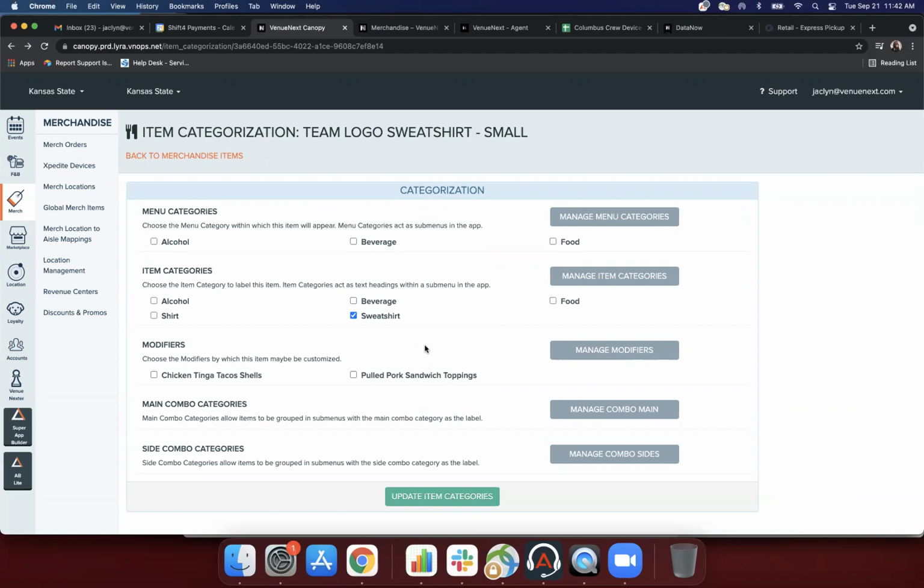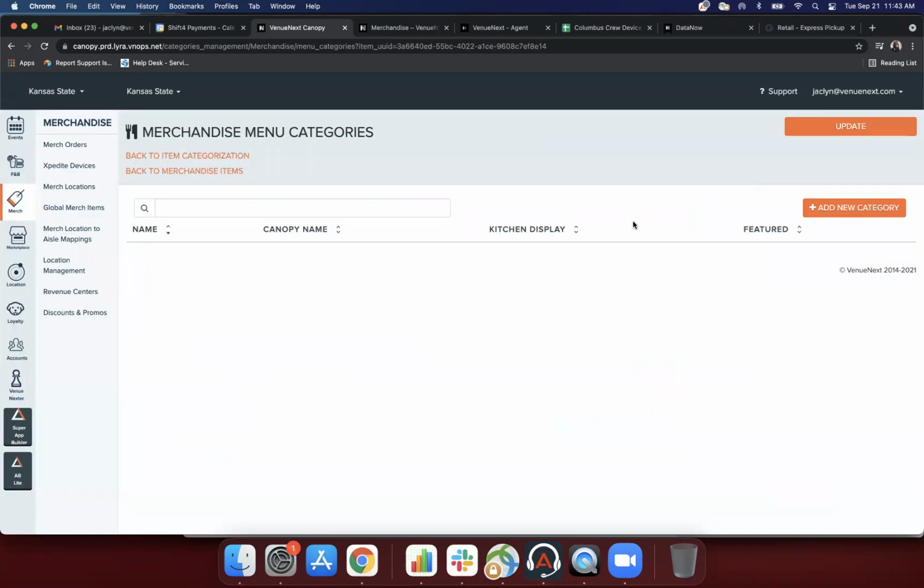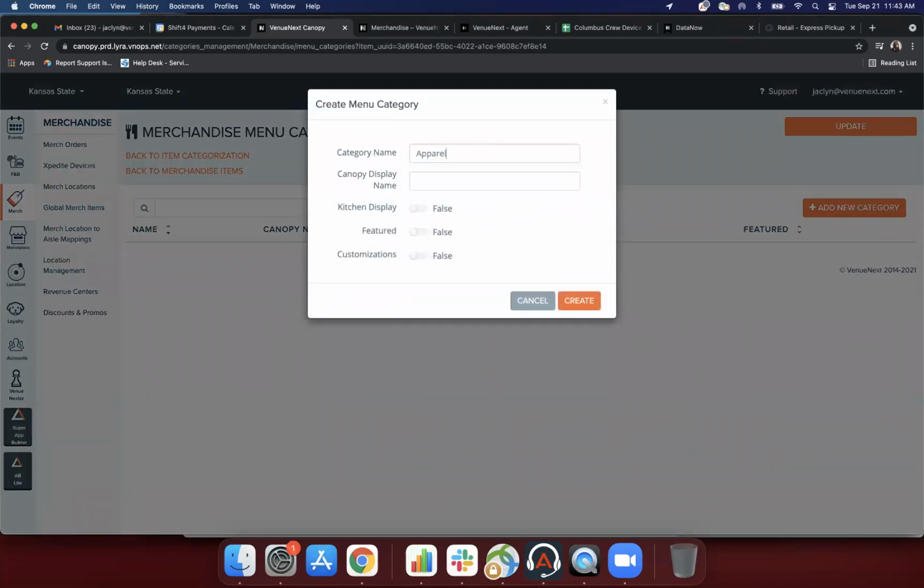So even though you sell sweatshirts and t-shirts and hats and keychains and bags, each of them fall under a reporting category. So, maybe apparel, t-shirts and sweatshirts fall under that apparel category. That reporting category is created and managed as a menu category at the top. So if I'm adding in a reporting category here, it's the same process that we just did for item categories. So if I click on manage menu categories, I could go in and add my new category. So if I did apparel,